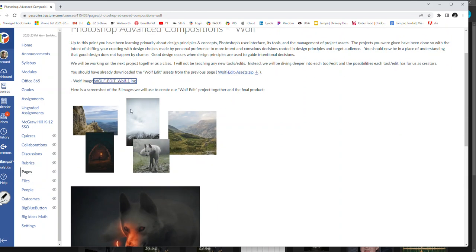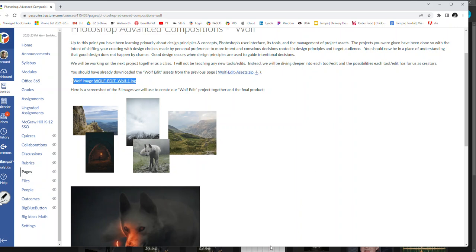These are the images that we're going to be using. Obviously, you can see that they're very bright in nature, and we're going to have to do some editing to those images to make them look similar to the darker image down here where you see the explorer with the torch. There are some assets that you need to download, so make sure that you've downloaded the Wolf Edit assets. For whatever reason, I was not able to include the wolf in that. I don't know why, seeing how this is primarily called the Wolf Edit. But nonetheless, you need to make sure that you download this image as well